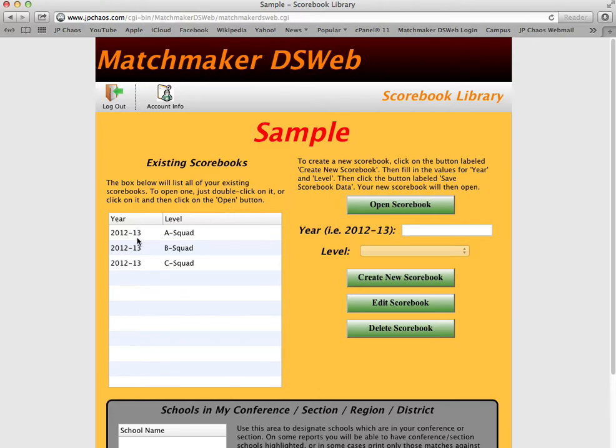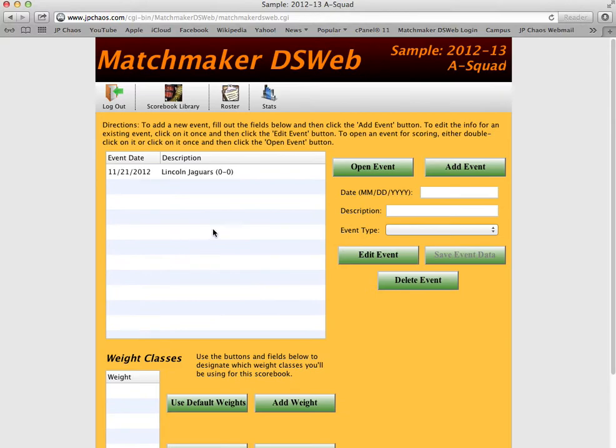The sample account has 3 scorebooks in it, one for the A squad, one for the B squad, and one for the C squad. So let's say we're going to have a dual meet against Lincoln High School, and it's going to be an A squad meet. So I'm going to double click on that scorebook and open it up, and you can see I've already entered an event here